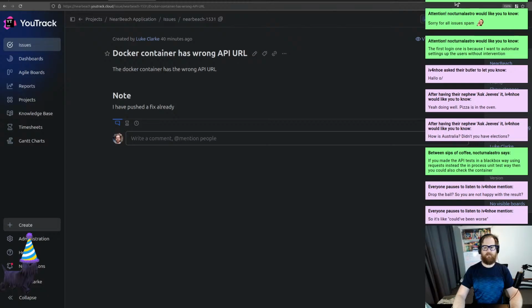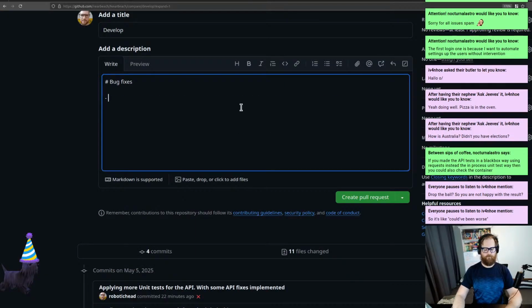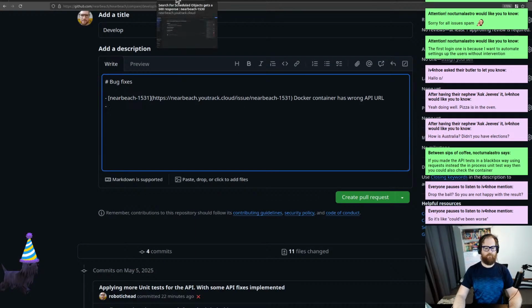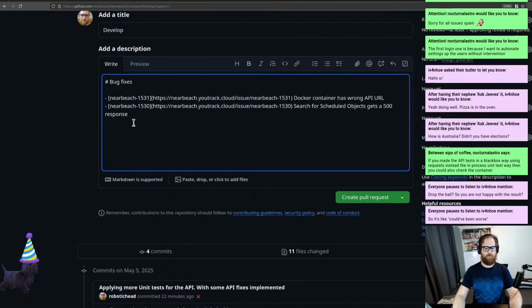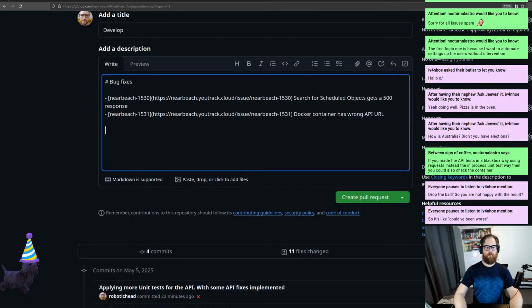We're going to copy this, and copy this on. Gonna have it like that. Hidden changes. Implementation of more unit tests for the API. So yeah,